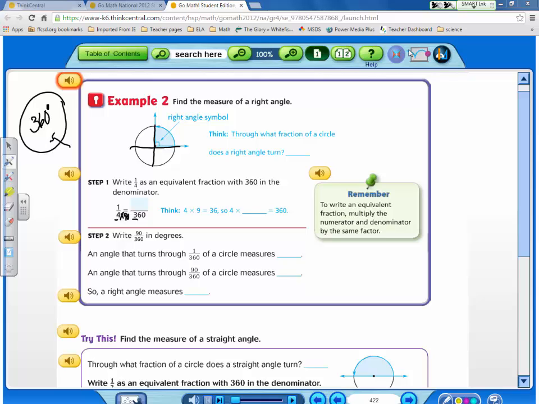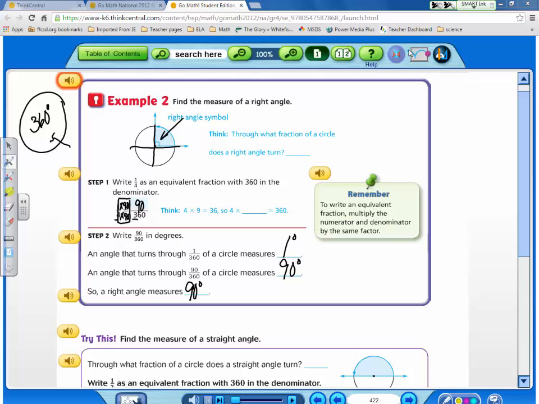And now what I do to the denominator, I do to the numerator, so times 90. That's our form of 1. So 1 times 90 is 90. Okay? So if 1 turn is 1 360th, that's 1 degree. Now if I have 90 over 360, that is 90 degrees. And we know by looking at this picture, a right angle has 90 degrees, so our math actually matches our